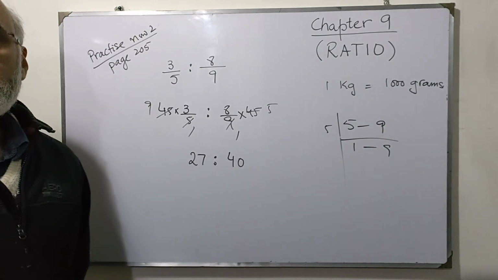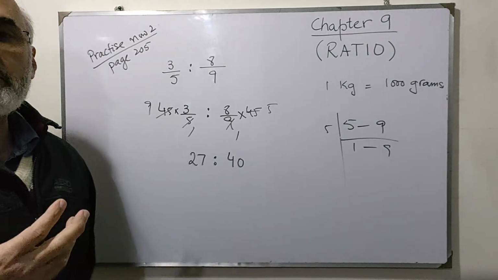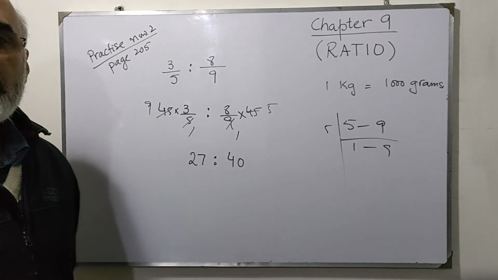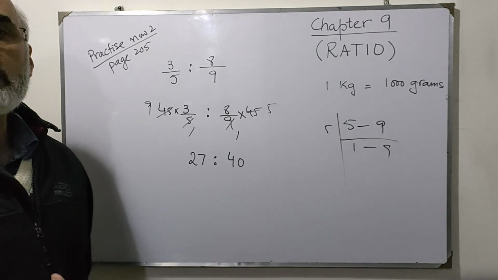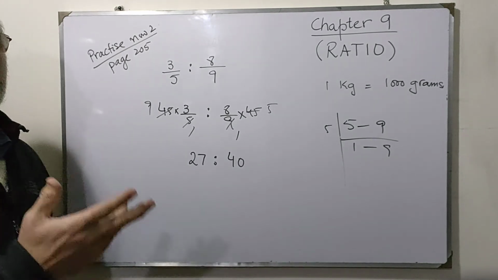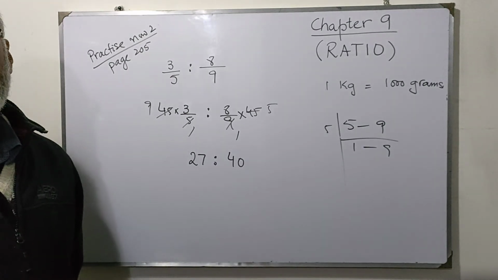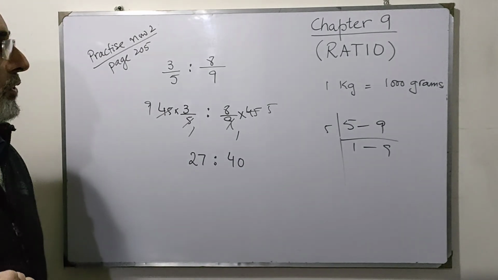We are comparing two quantities, and the quantities have to be of the same type. The unit of measurement of the quantities has to be the same. There can be a fraction. Whenever there is a fraction, we can solve it by multiplying both the quantities with the same number, or if we are dividing, we divide both the quantities by the same number. Okay, so now let's take